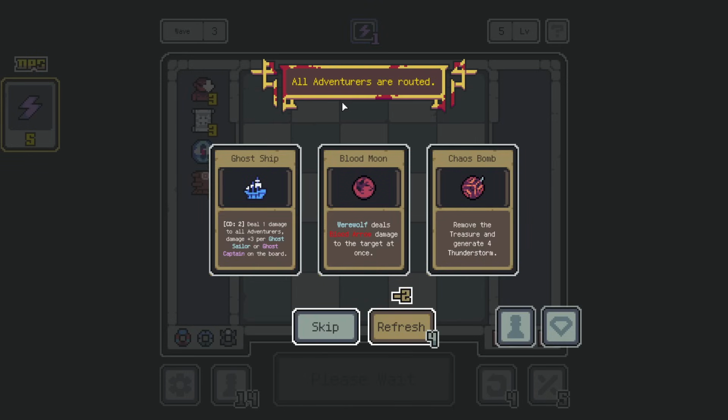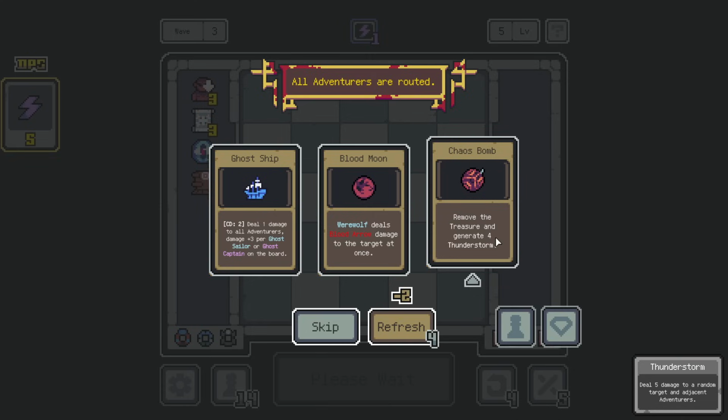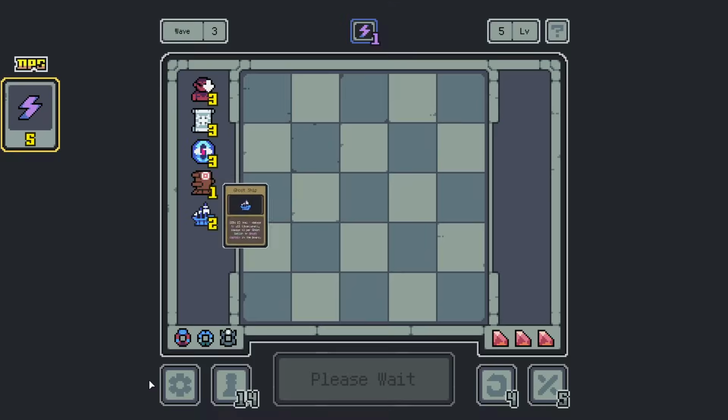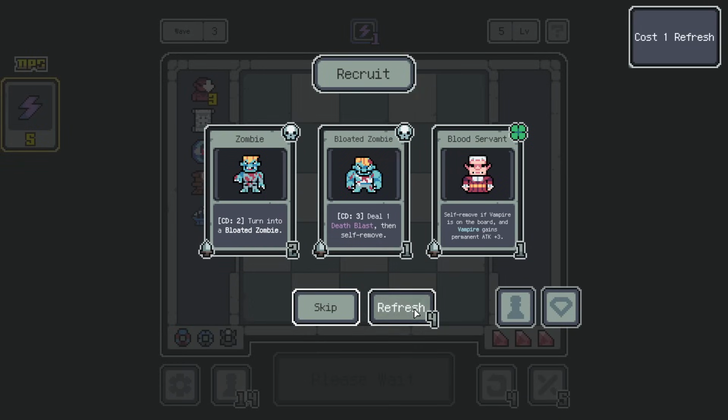Remove this treasure to generate 4 Thunderstorm. Cooldown 2, deal 1 damage to all adventurers, +3 per Ghost Sailor or Ghost Captain on the board. All right, I'll play with a little bit of options for that too. We have one...